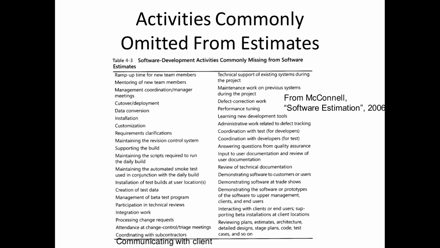So rather than spitting out a number, which is so easy to do, and can then be used against us as the metric stick against which we're judged, you're forced to think about, okay, what's the earliest and what's the latest? It helps communicate that there's risk, there's uncertainty, and it helps start the discussion: what can I do to help you reduce that uncertainty, to help you be more confident about this?